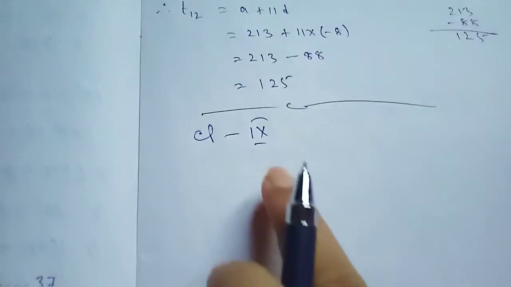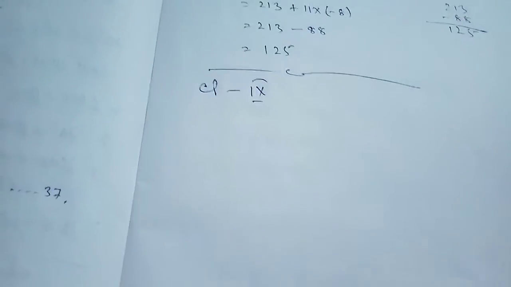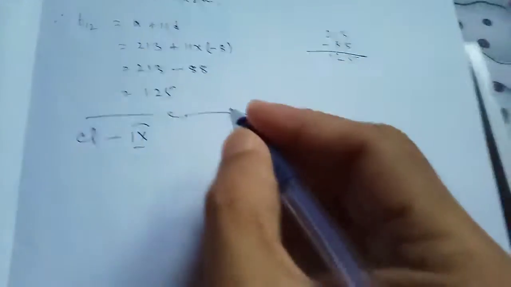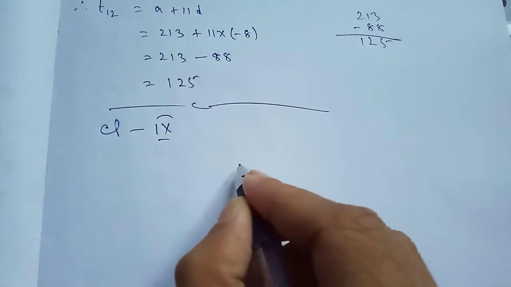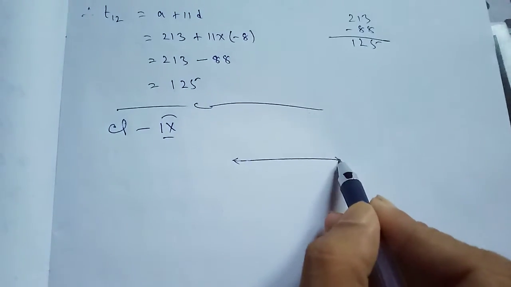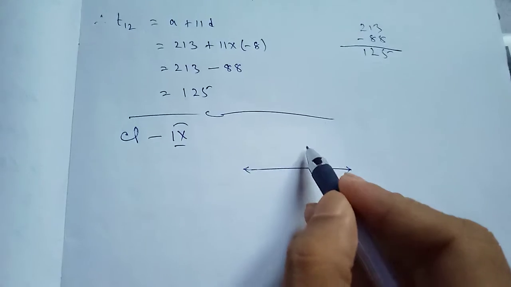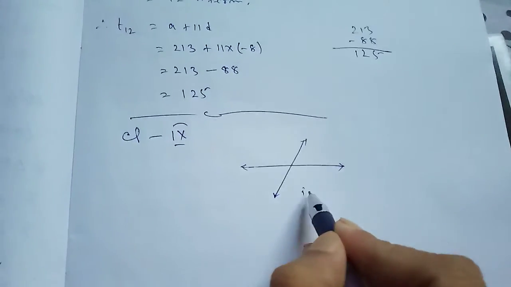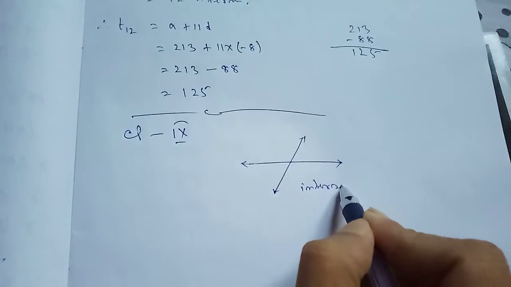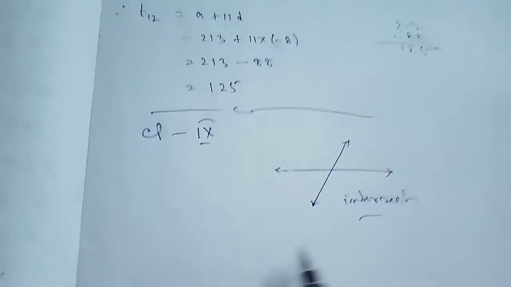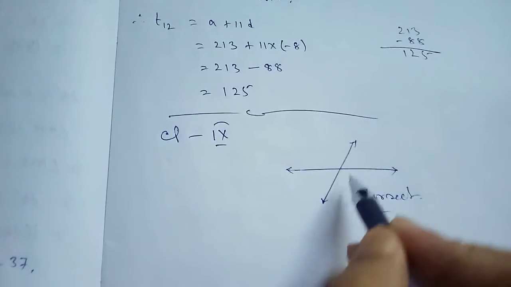So dear class 9 students, today I'm giving you one new thing. Let's see. Do you know what this is? Line. If you draw another line here like this, this is called an intersecting line, and this line is called the intersector.